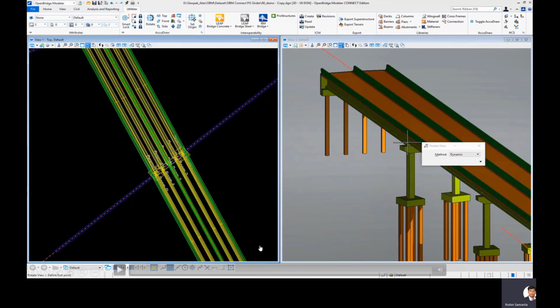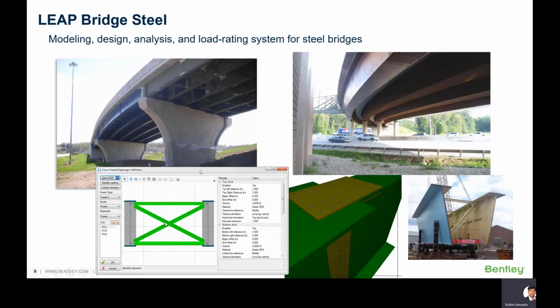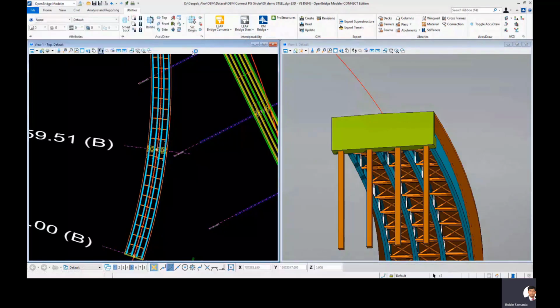So you can see clearly that this is a curved steel composite girder. For steel bridges, we do this kind of detailed detailing with stiffener beams, stringer beams, end diaphragms, cross diaphragms, and also this kind of composite box girder. We can actually do it in LEAP Bridge Steel, right? And here is a small interoperability video with LEAP Bridge Steel as well. So you can see in OpenBridge Modeler how detailed we have modeled it. That's the level of modeling we do for steel composite bridges, right?